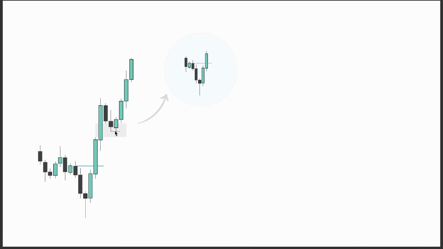We reacted off of this fair value gap. How do we know? We had a lower time frame change in the state of delivery, a reversal signature within this candle. This itself is a signature that the price is respecting this PD area and now it will expand higher. Or you can let this whole candle print and trade within this candle third or candle fourth of the